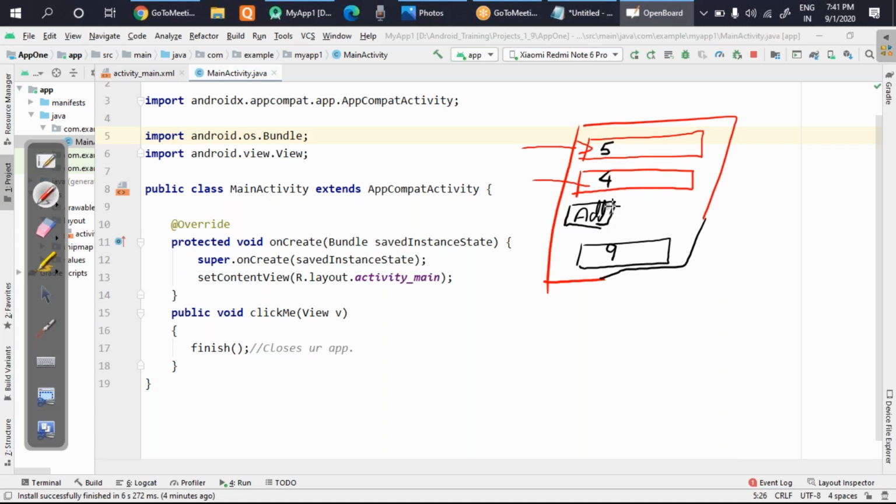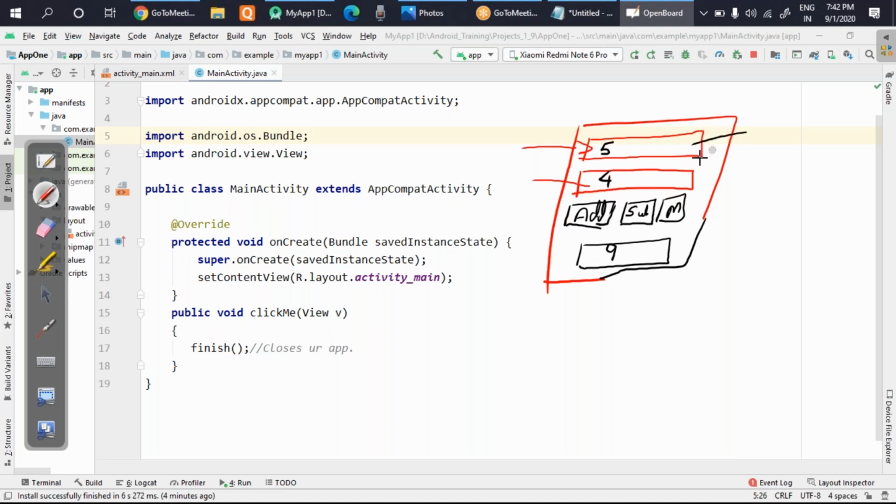Once you have understood this, your homework will be to create some more buttons. So you can create one button like subtract, multiply, and many more buttons. You know about calculator. I should not tell anything. Okay. So this is the project which we are going to do. Okay. So before starting the project, let's understand the components which I have used here. Unless and until you understand the components, you cannot do the project.